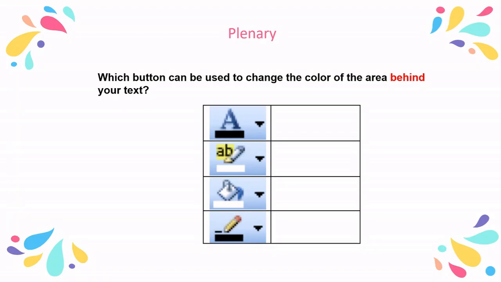Let's end for today with today's plenary. The plenary question asks, among these four, which button is the one to change the color of the area behind your text? The keyword here is behind. We know that if we need to change the color of the area behind the text, we have to use the highlight button. And if we want to change the color of the text itself, then we have to use this text coloring button. And this one is used for shading of a cell or a shape, and this is